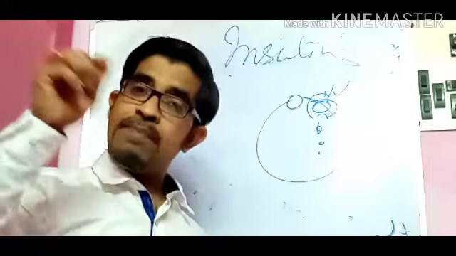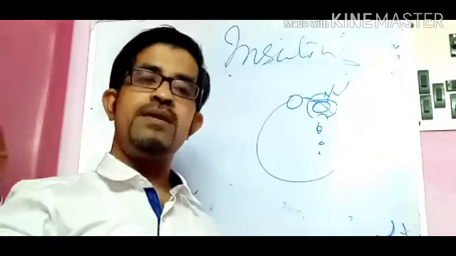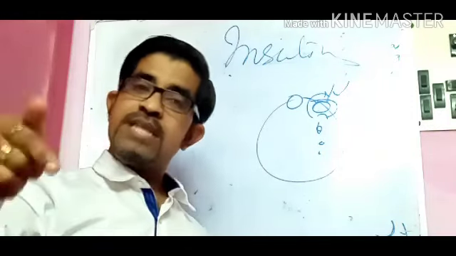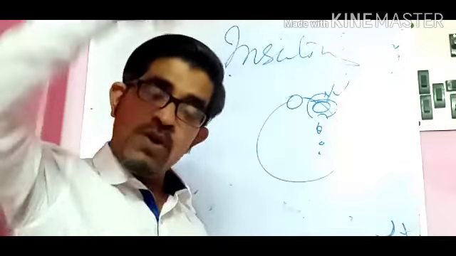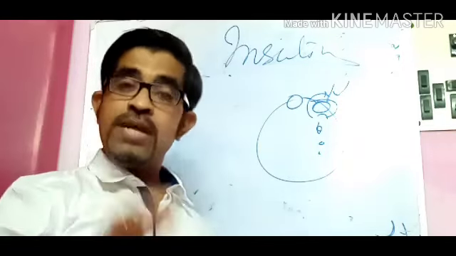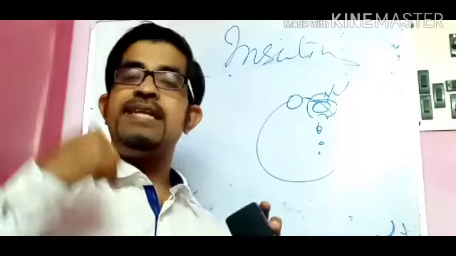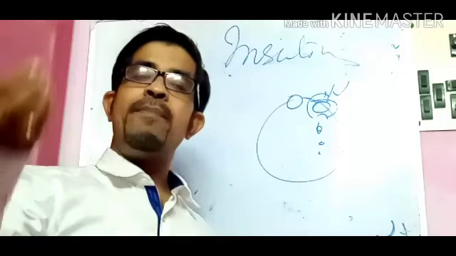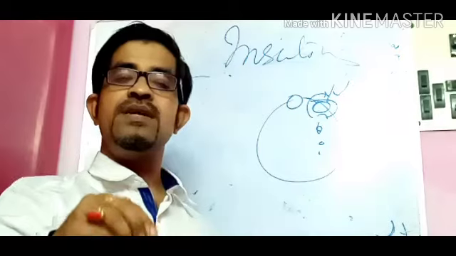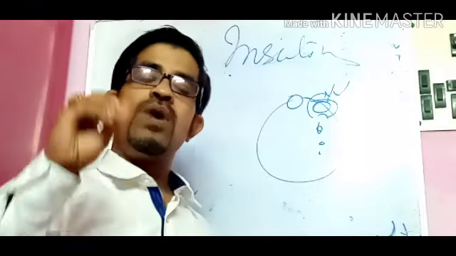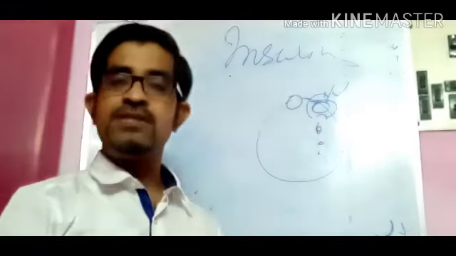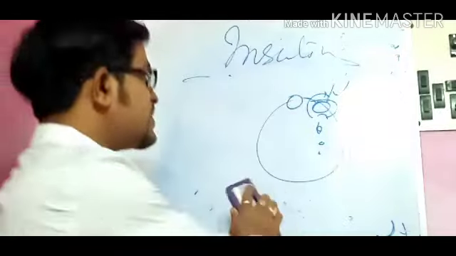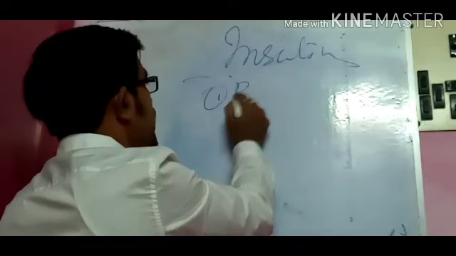So if you apply it on a normal animal, you have to check whether the sugar level goes below the normal. So it's better you take the diabetic animal, apply insulin, and find out what the sugar level is and where it is going. Okay, so how are we performing this model? Number one is called the rat model.